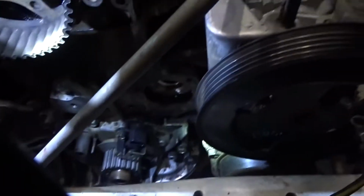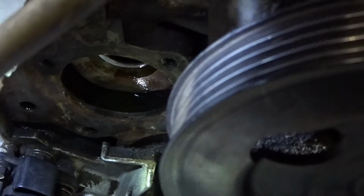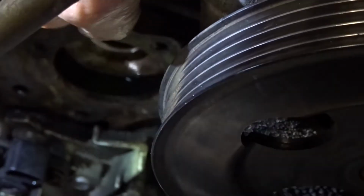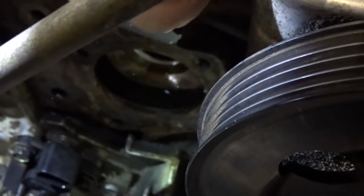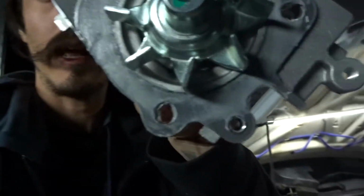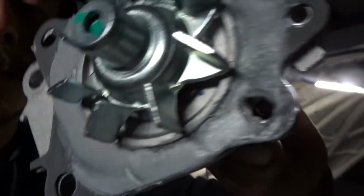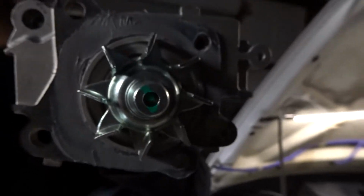And what you definitely want to do is clean the area with a fresh razor blade. Luckily the gasket came off super easy. There's not a whole lot of grime right here, which is really, really nice. Alright everybody, so right here I have the new water pump, and I already started putting some sealant on it, some little water gasket. And then once this is installed,